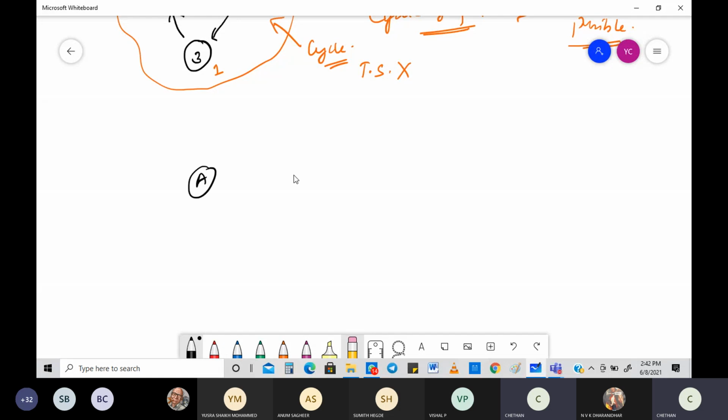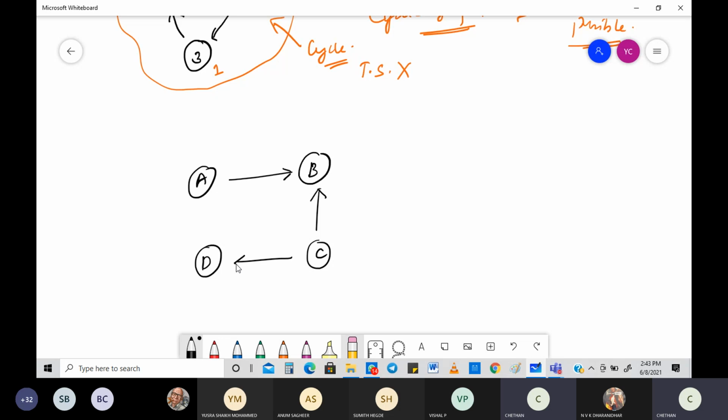You've got A, B, or 1, 2, or anything. You don't have to worry. Your job is to make sure that you apply the technique that has been taught to you. Whatever the node names may be, you just have to see what is needed for us. Then from C it is going like this.